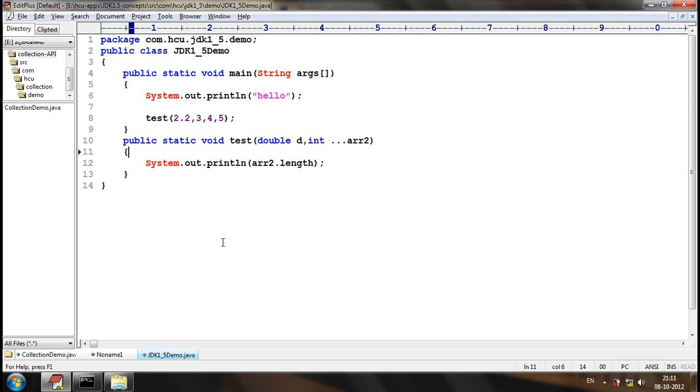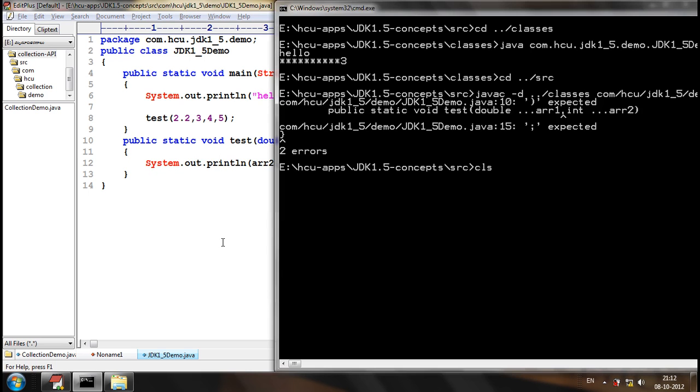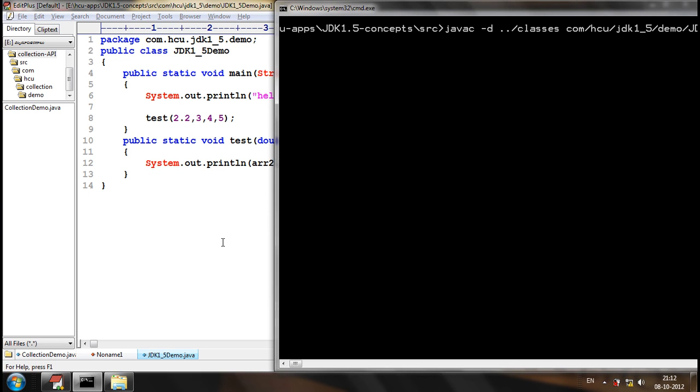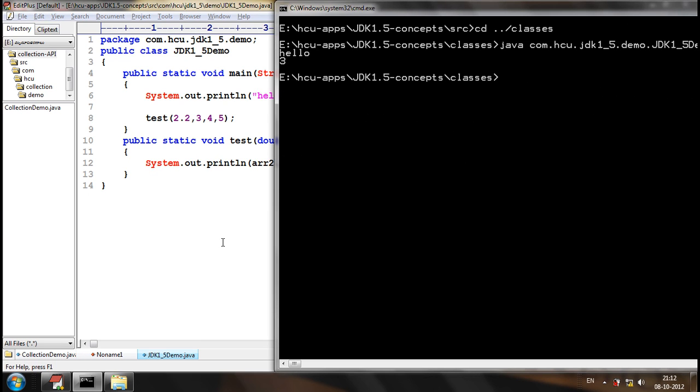Now what happens? 3. This also will be a compile time error. Sorry, this will not be a compile time error. The length will be 3, I was in another thought. Okay?